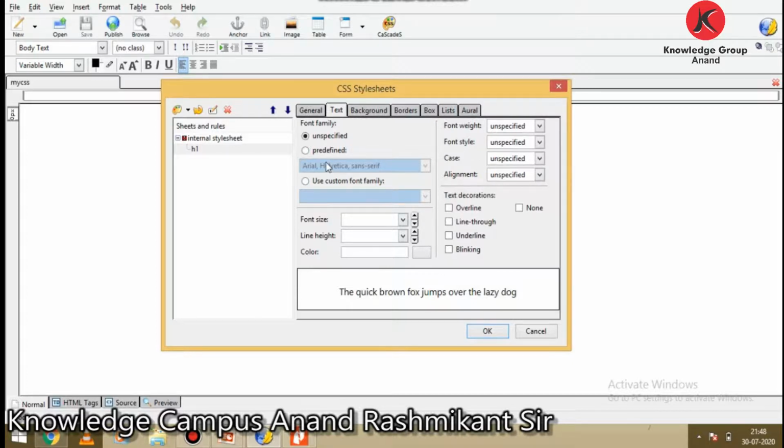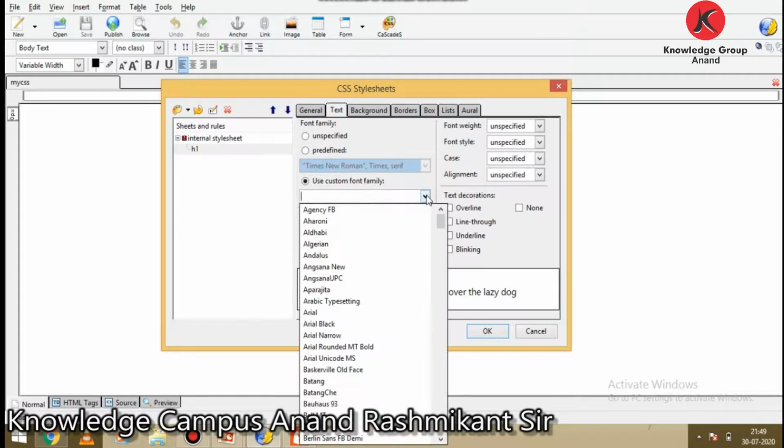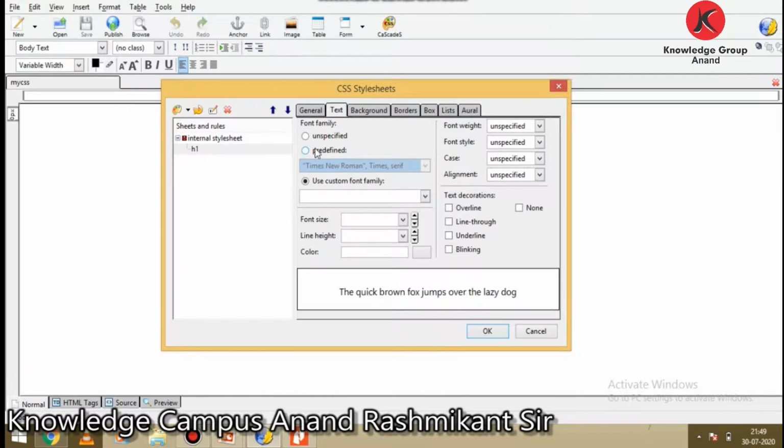Our criteria for H1 is the font Times New Roman. You can select Predefined from the drop down and choose Times New Roman, or you can choose Use custom font family and choose Times New Roman. Here I select Predefined and choose Times New Roman.